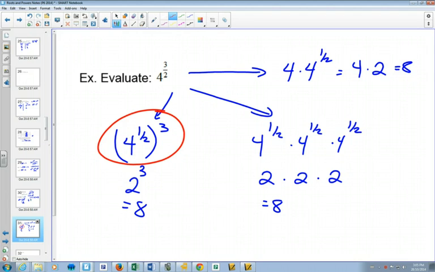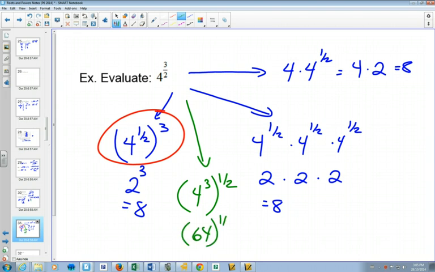You can always, here I'll just add one more arrow here. Can you see that you could have also done 4 with the 3 inside and the half on the outside? That works as well, but the problem by putting the bigger number inside is your answers get bigger rather than smaller. Like the square root of 4, it's easy to figure out that's 2, and then 2 cubed isn't so bad to get to 8. 4 cubed is? And the square root of 64 is? 8. So it works as well,